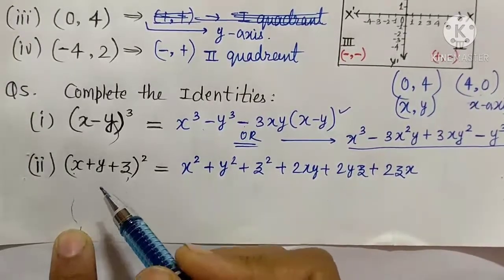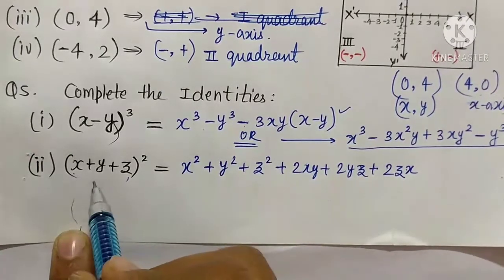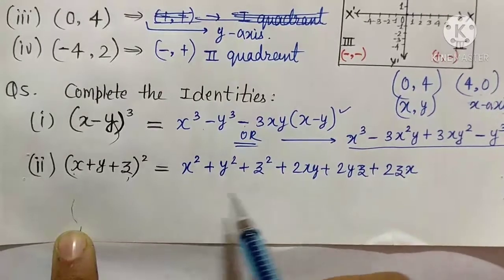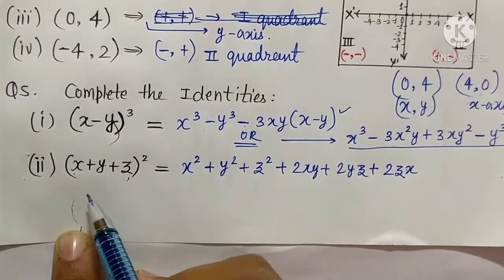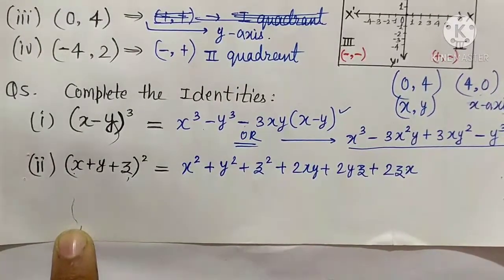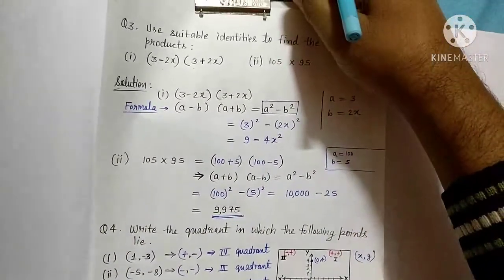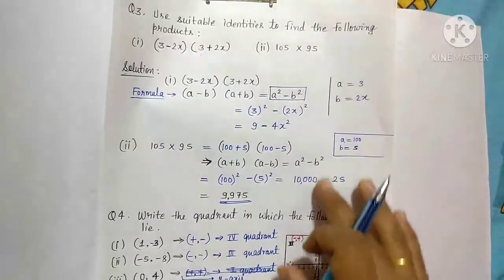So a question can come where this form is given and you have to write it in expanded form, or it can be given in expanded form and you have to write the answer in short form. So that's why you need to remember, or memorize, all the identities. So this is the syllabus for today. I hope you have revised your syllabus in a proper way so that you can give your half yearly exam in the best way.